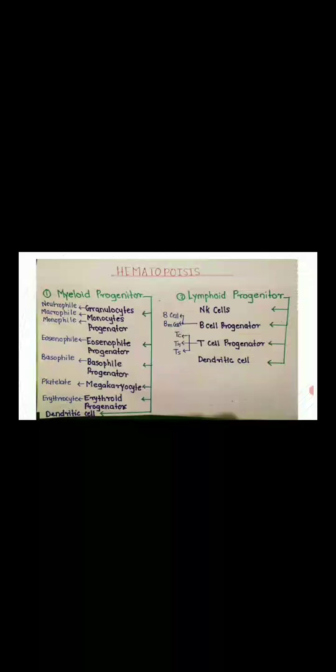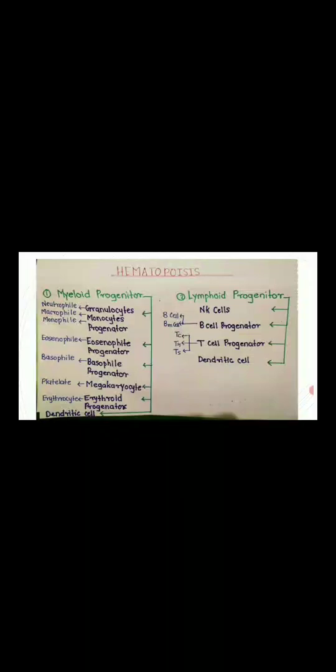Hematopoiesis is the most important part of our body, because various cells are present in our body which play a most important role in the clearance of antigens and in the regulation of our body parts. The process by which such cells are produced is known as hematopoiesis. Hematopoiesis means cell differentiation. The cells which are differentiated or renewed in the process of